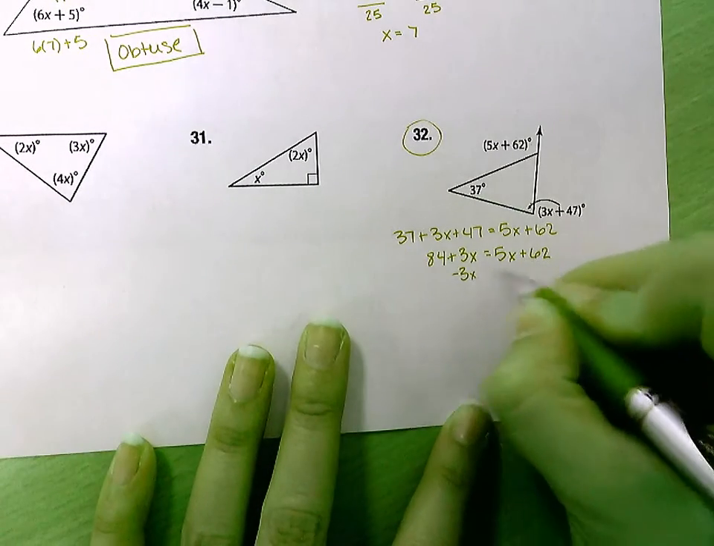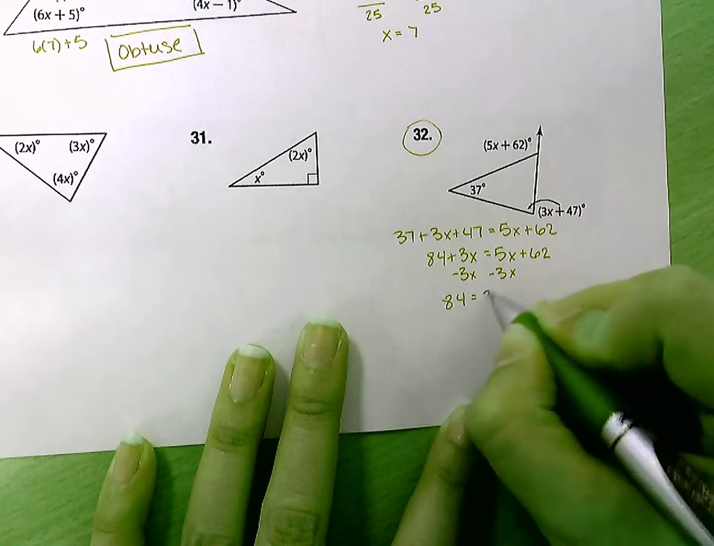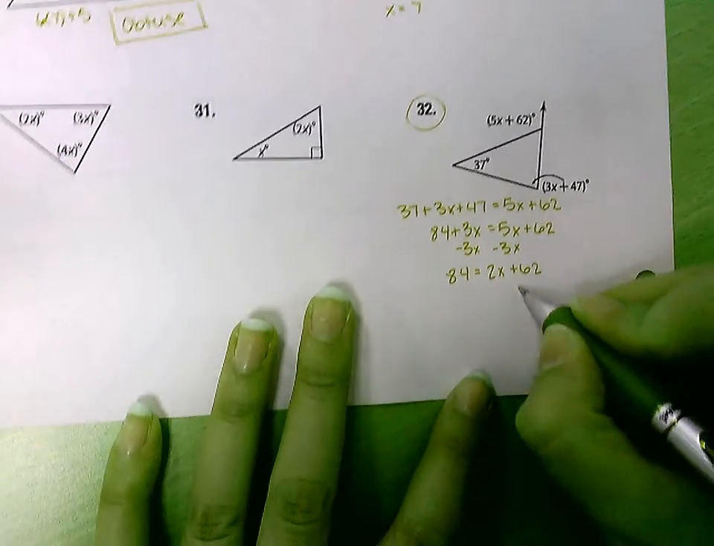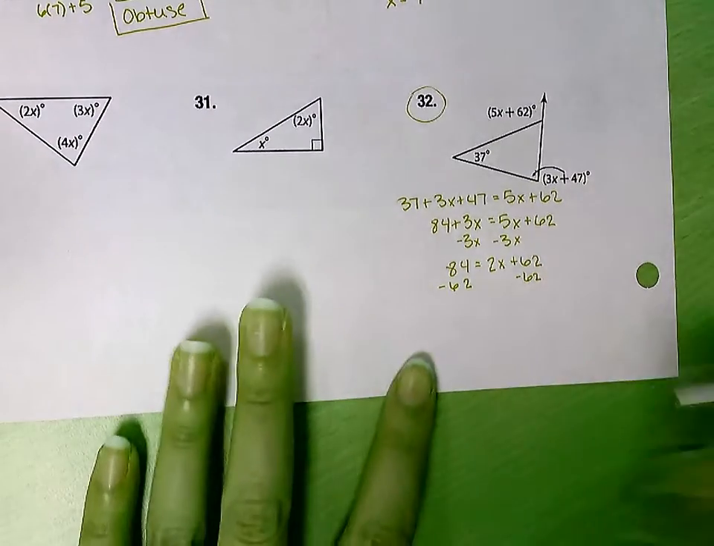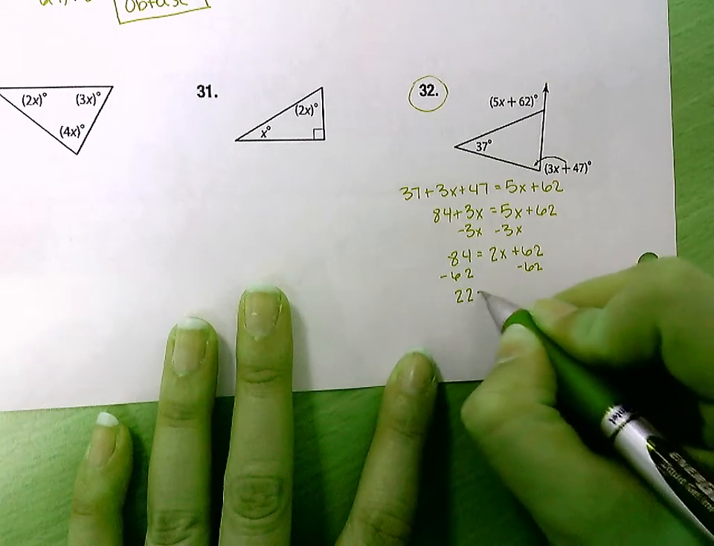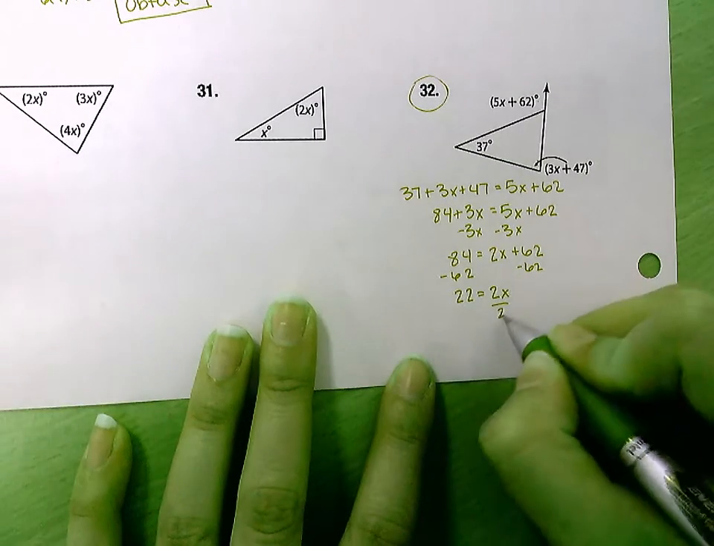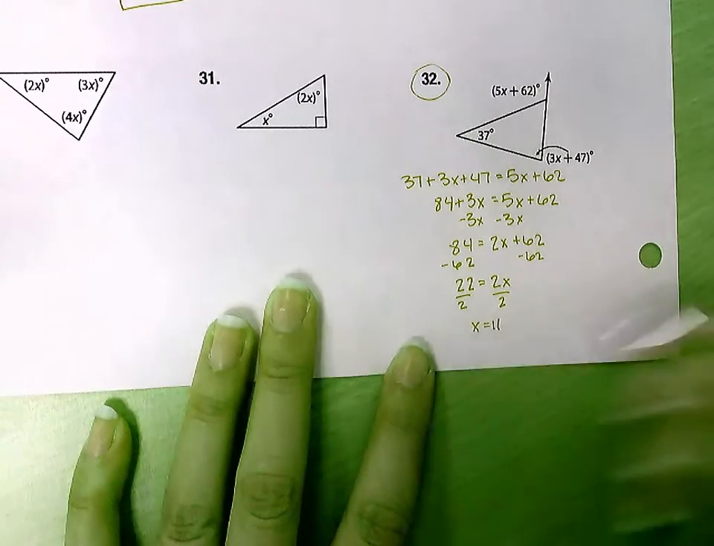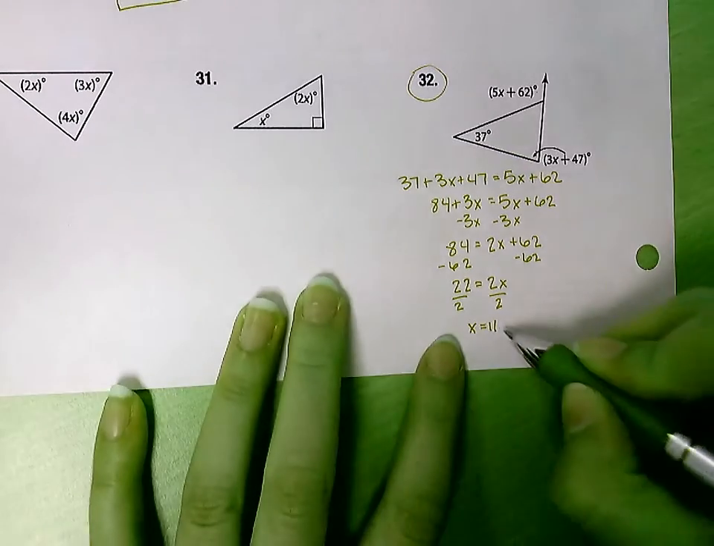I'm going to subtract 3x. So I have 84 is equal to 2x plus 62. Subtract 62. So I get 22 is equal to 2x. Divide both sides by 2. And x is 11. Now, since I'm trying to classify this triangle by its angles, I'm going to plug 11